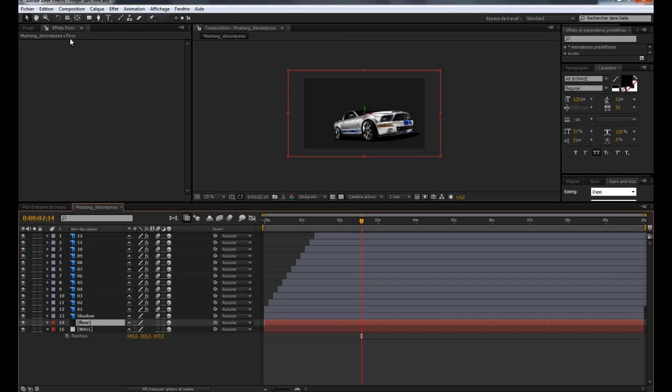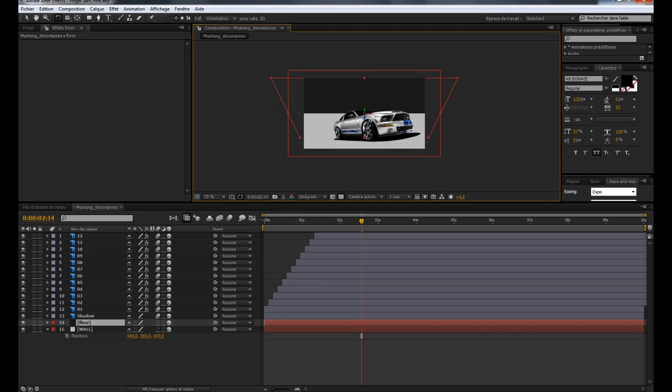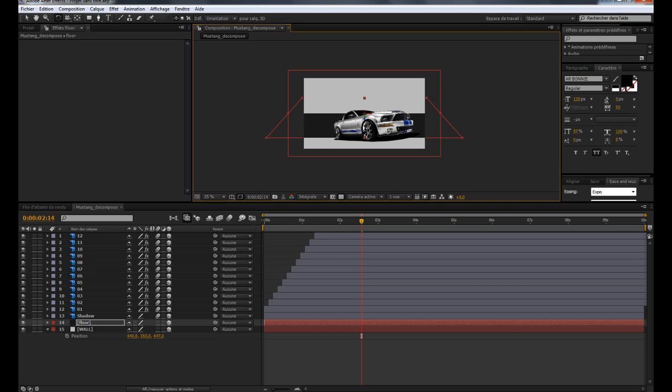Now we're gonna take the rotation tool and add some rotation on the x-axis. Okay, hit V to switch on the selection tool and move it down and scale it up too. Okay,